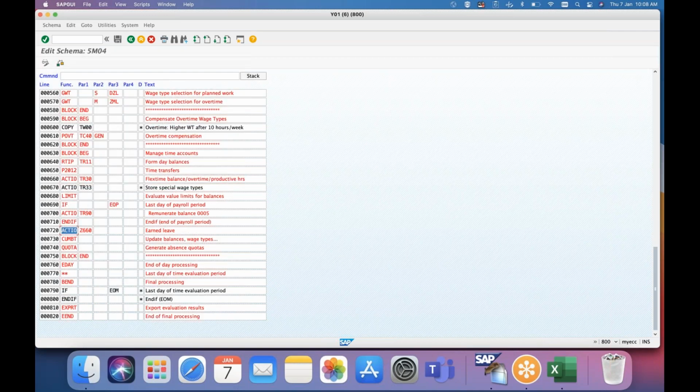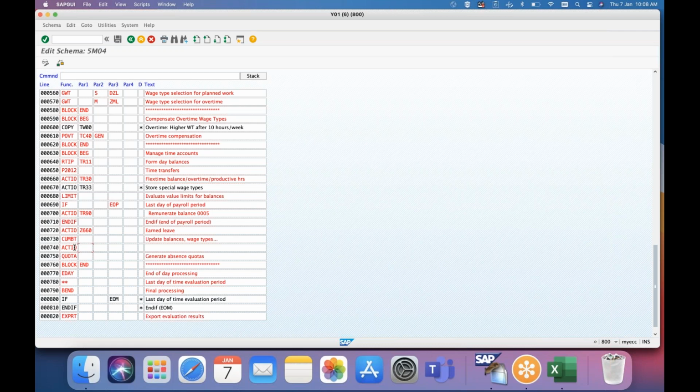You have to understand the flow of the schema. As I said, I'm repeating the same thing. How do I know I have to insert this PCR here? Because I know this is the function which will update. If I insert my PCR after this, there won't be any impact. So above the CUMBT, we have to fix the time PCR. The time PCR we have to fix always above the CUMBT, which is related to quota.